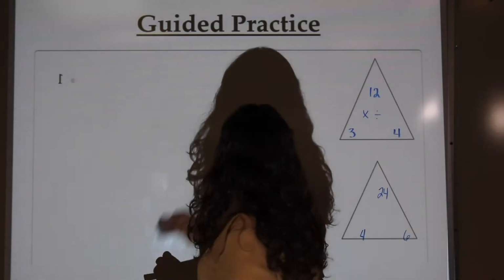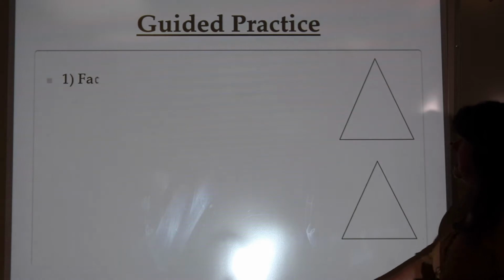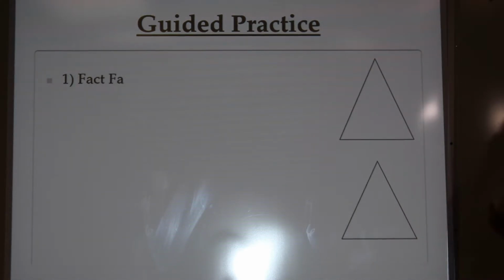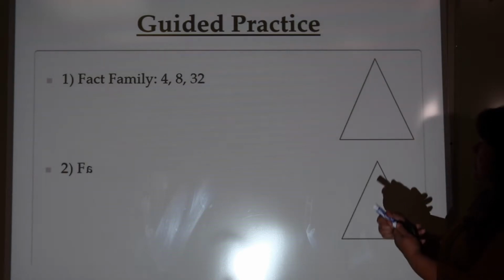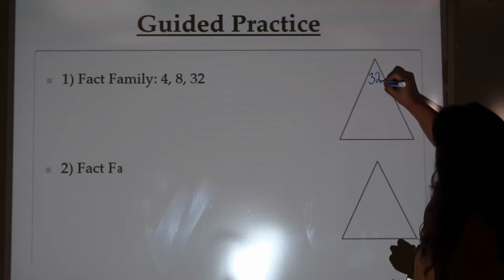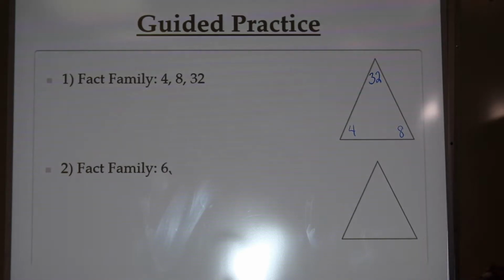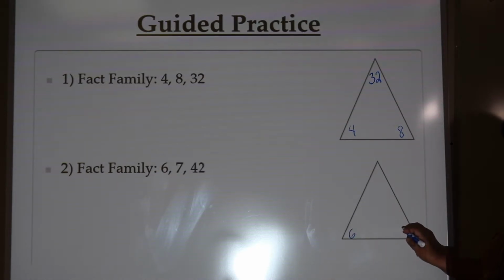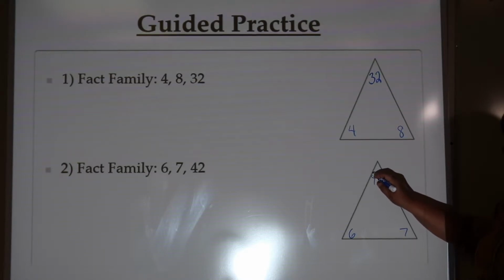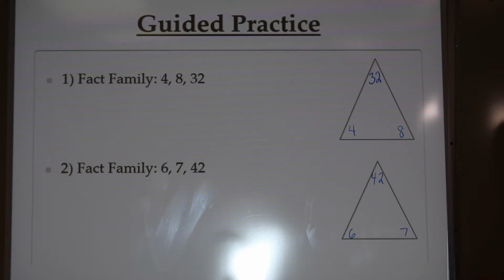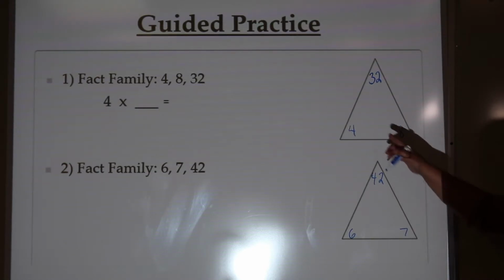So let's try another. Fact families. 4, 8, and 32. I'm going to put those in here so I'm ready. Okay, we have a 6, 7, and a 42. All right, let's see if we can come up with our numbers. Hopefully you're already thinking 4 times